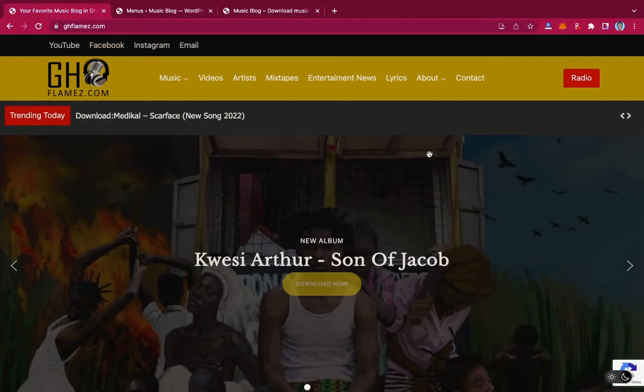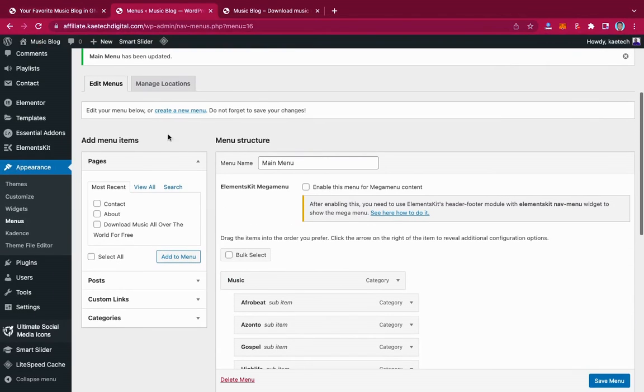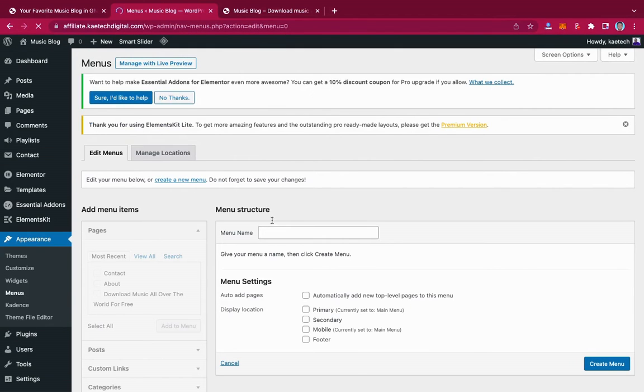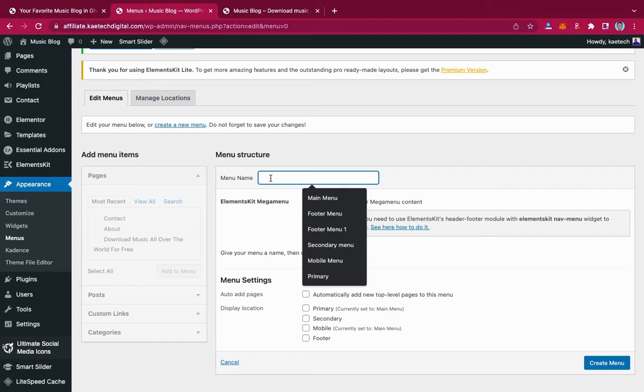We need to design the headers and all this. So it's left with this one over here. Okay, so what we will do is we create a new menu over here, another menu, and then we're gonna call this one, what are we gonna call it? So let's say we're gonna call this one maybe social